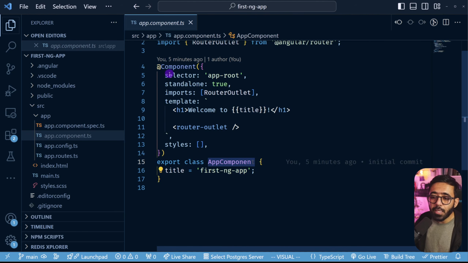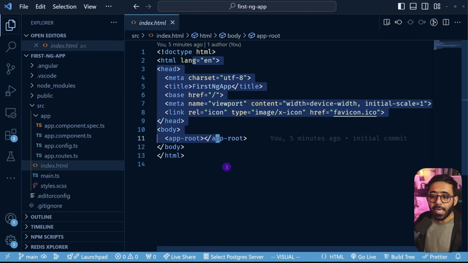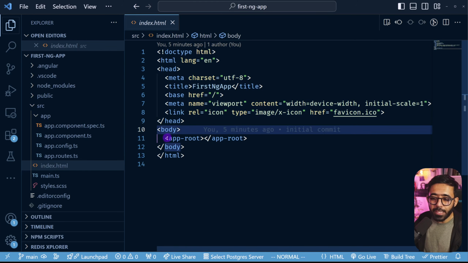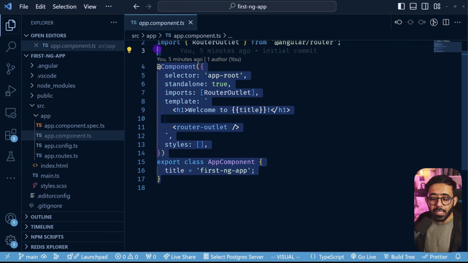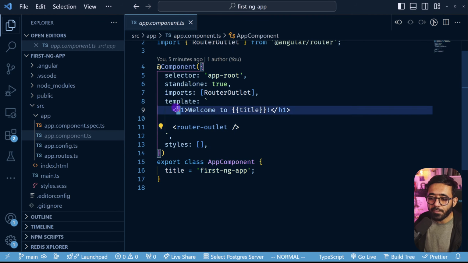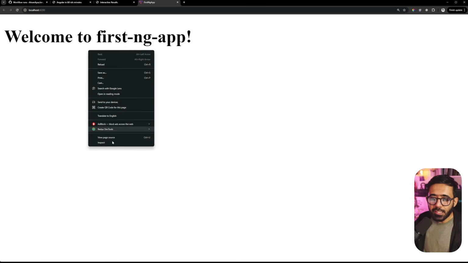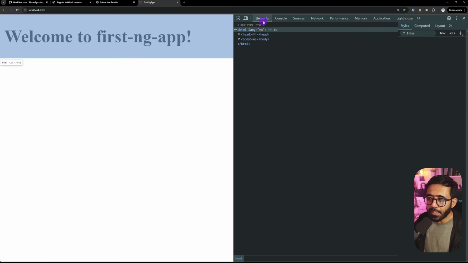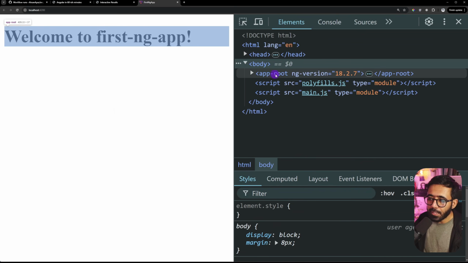component. For example, what is the selector of this component? That is app root. This is how, when Angular looks at the index.html, it knows that inside the body, this tag which is being used is actually this component. And then it goes ahead and renders welcome to title inside the app component, so to say. What I mean is, if I go and inspect it here, you're going to see that in the elements